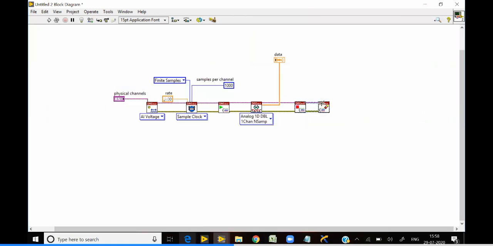Now I'll make a small change here. I'll update this into continuous mode.